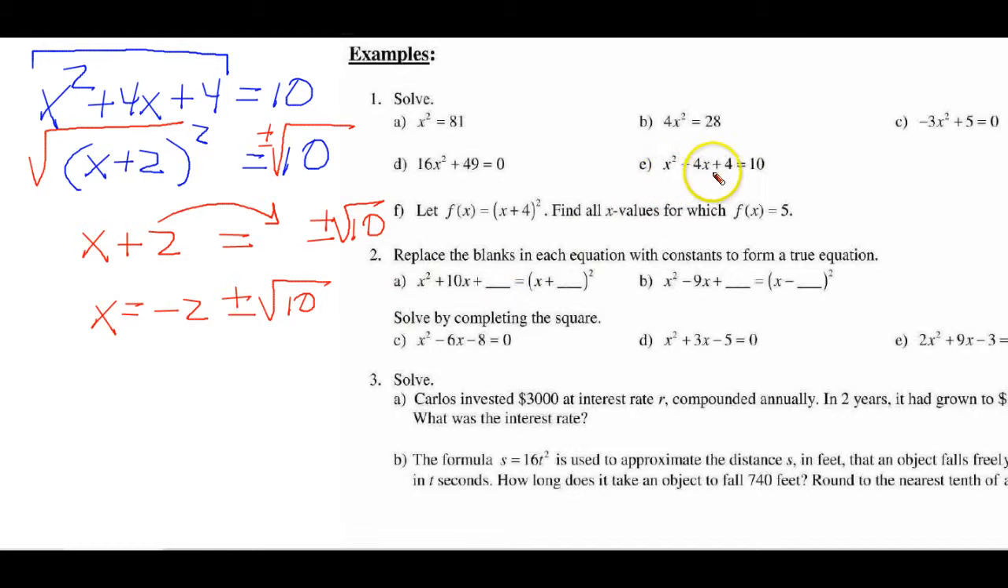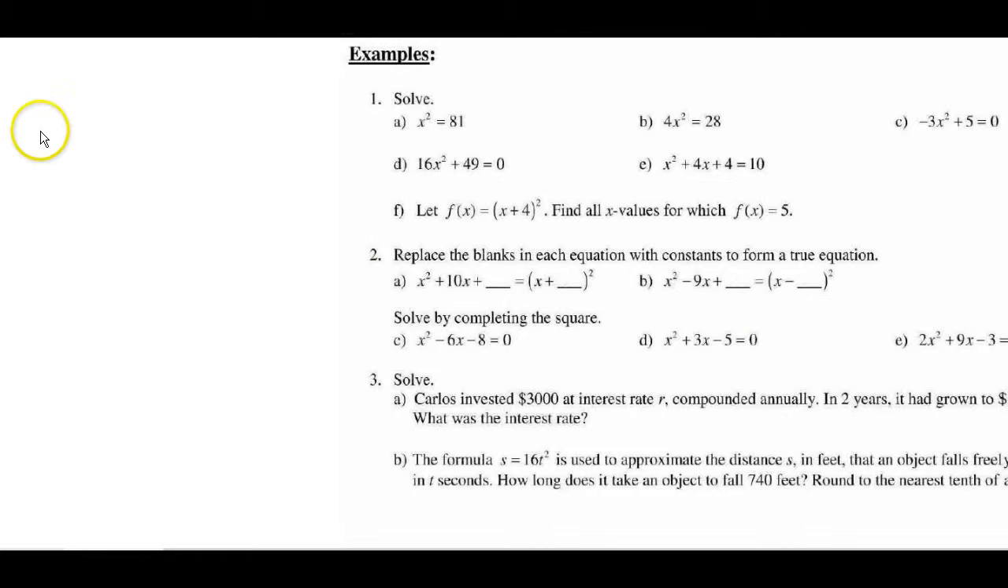So it looked a little daunting in the beginning. If you recognize that this is a perfect square trinomial, which will factor into a binomial square, then use what we've just shown you to get your answer. All right, let's do this next one now, which is